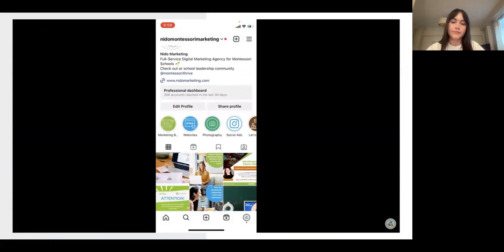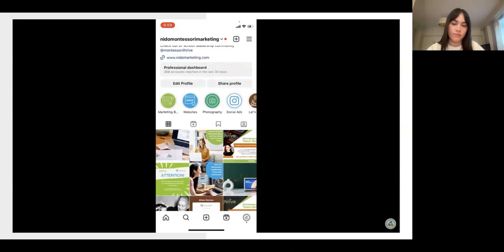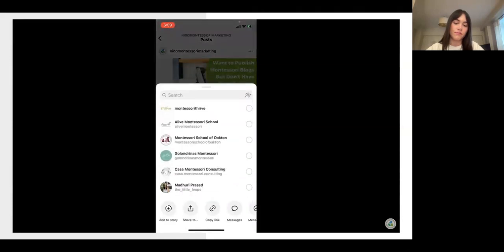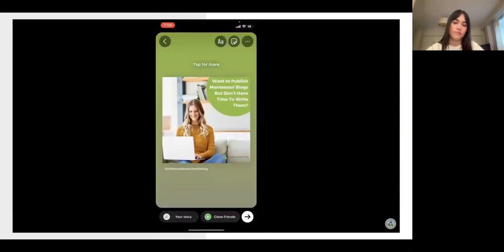So firstly, if I want to repost a post that I've posted on my main feed onto my story, I would just click on that post. Let's say I want to share this post onto my story. I'll click this little send button. You'll see a heart button, a speech bubble button, and next to it, a button that looks like send. If I click on that, I have the option here on the lower left-hand side to add to story. I'll click that and it'll drag that post up to my story.